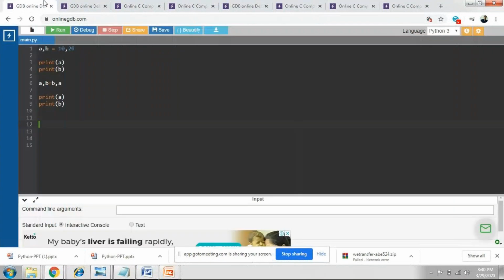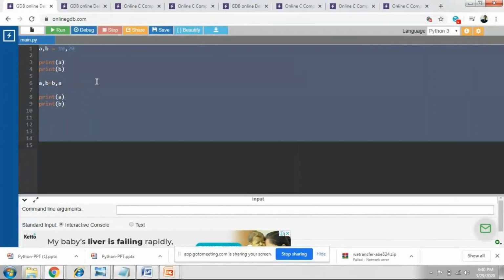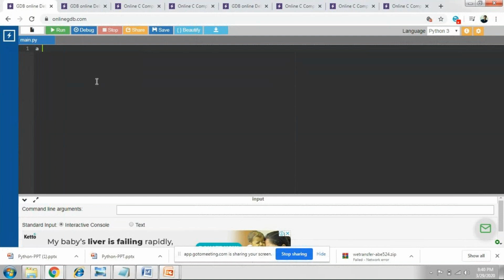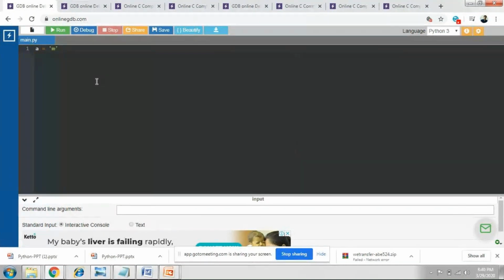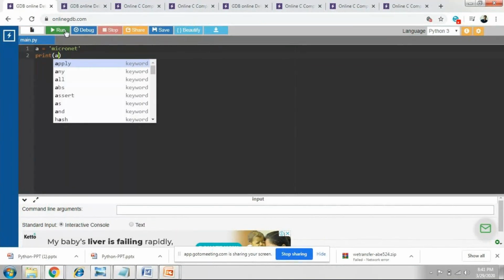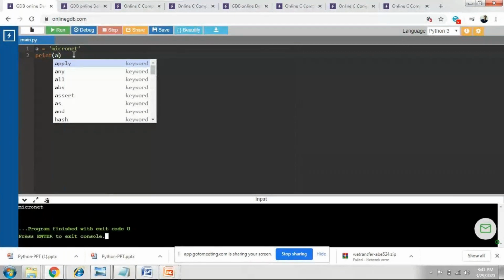Let's try to understand the same thing with respect to Python. So now let's suppose I have declared a. Now let's try to print a. You can see it, right?